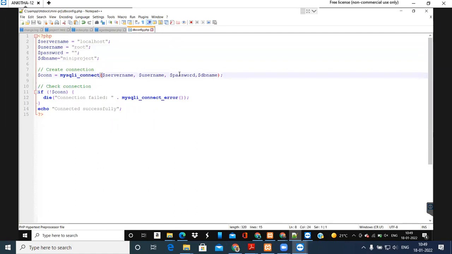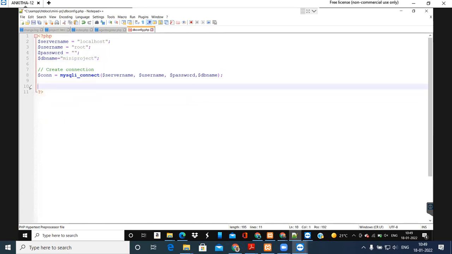And then in the connection, if you copy this code from W3Schools, there they do not mention the database name. This database name you should create. You should create the variable, assign your database value, and then pass that as an argument here. After you get the connection successfully, you no longer need this check connection, so remove it. Because if you do not remove it, this output will be displayed on your website, and we don't need this connected successfully message. That's why you remove this one and then save.